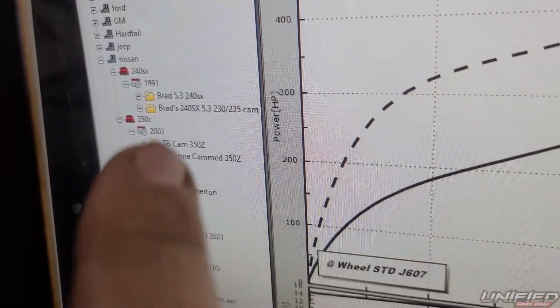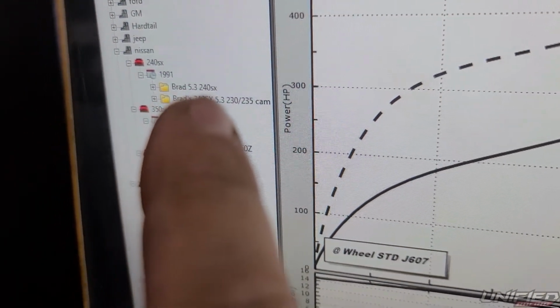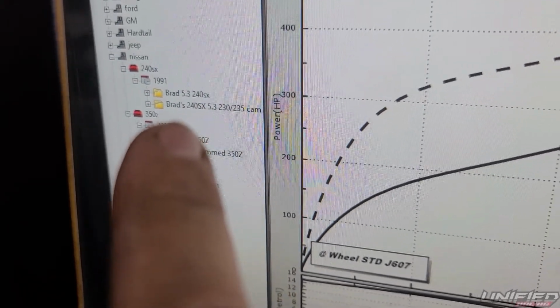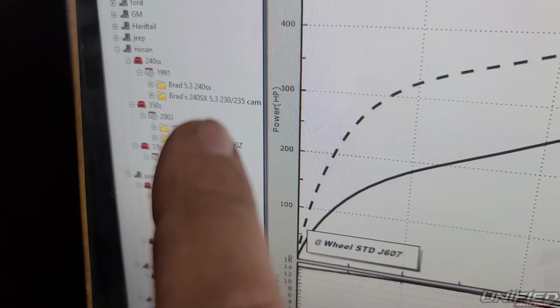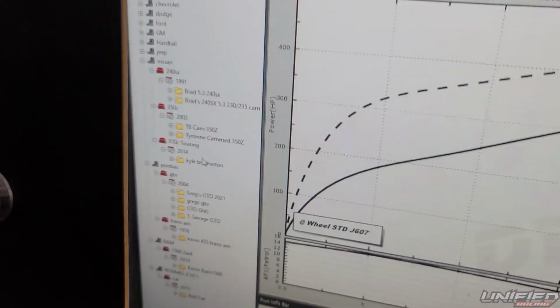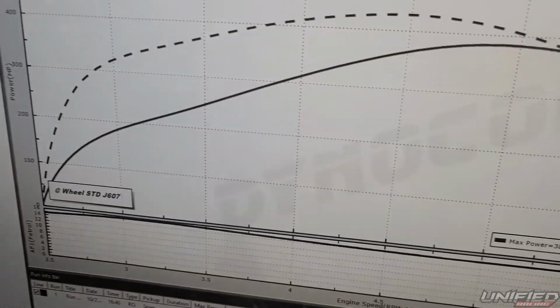Having a problem with Brad's 5.3 240SX. Every time we make a pull, it wanted to lock up the computer, so we had to make a new one. Brad's 240SX 5.3 230 235 cam. We had to do this just for the final pull, and